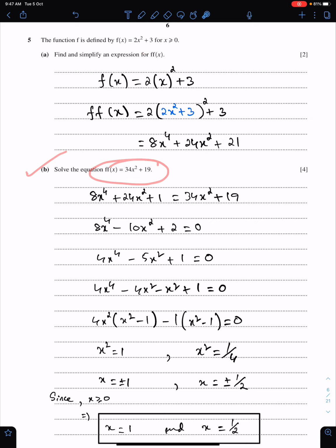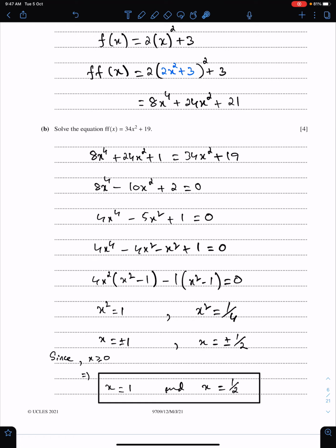Part B. Now solve this equation. This is very simple. Make sure when you solve any equation, and if a domain is given, then always check your answer with the given domain. So when you substitute this thing here, you'll get this equation. First you need to bring everything on the left side, then take 2 common, then break the middle term, and finally we have 2 values of x here and 2 values of x here. Now we have to check the domain. The domain means positive values. So the final answer is x equals 1 and x equals half according to this domain.